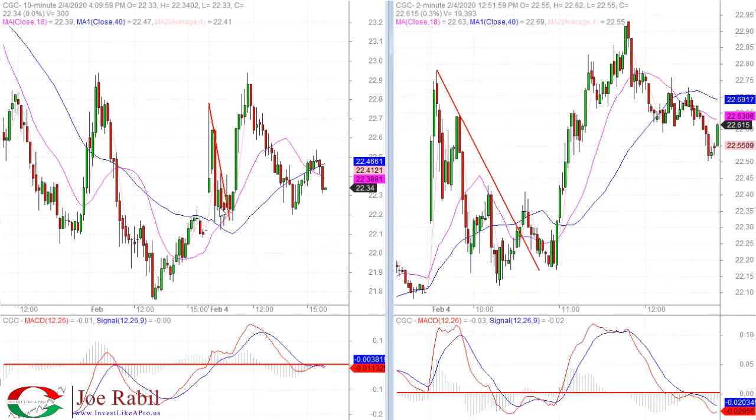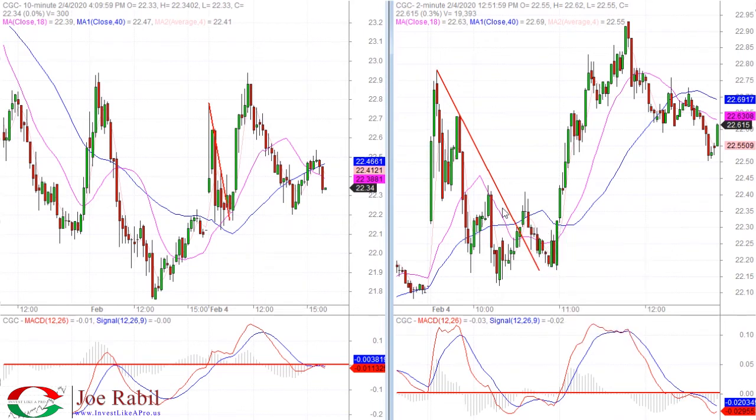If I want to get in too early, I'll just do it off the 10-minute. I mean, I could buy really off this tail here, buy it here, and I'm in early. But low price doesn't necessarily mean low risk. I'd rather wait for confirmation on the lower time frame that the trend is turning back to the upside, get